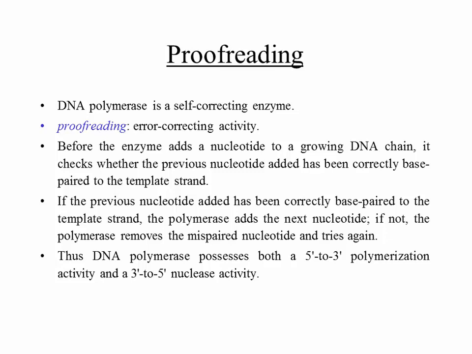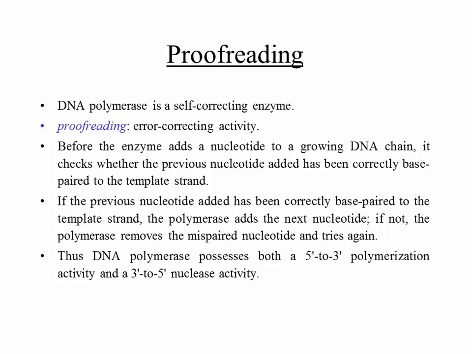So DNA polymerase has a 5' to 3' polymerization activity because that's the direction in which it grows, and it has a 3' to 5' nuclease activity. Remember we said enzymes that degrade nucleic acids are called nucleases. So in the 3' to 5' direction it takes out nucleotides, or degrades nucleic acids.